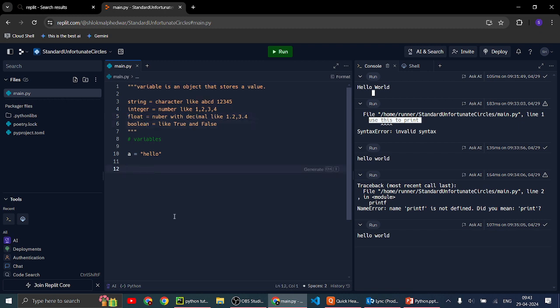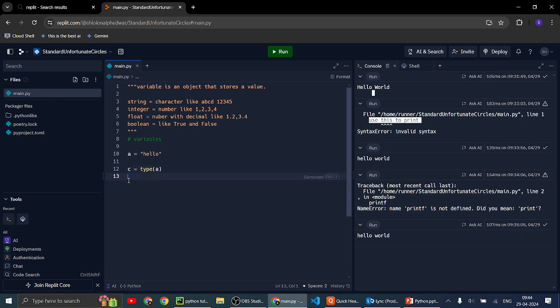So here we can assign it by type A. Type is a class and A is a variable which has a value named hello world, and we have to check its type. What is its type?